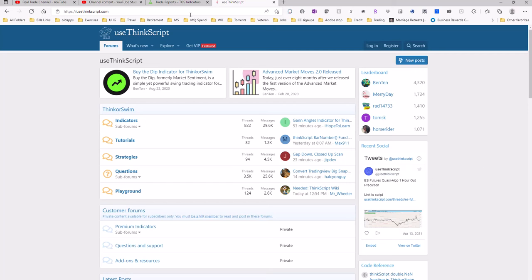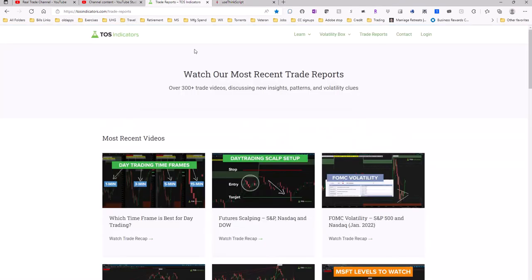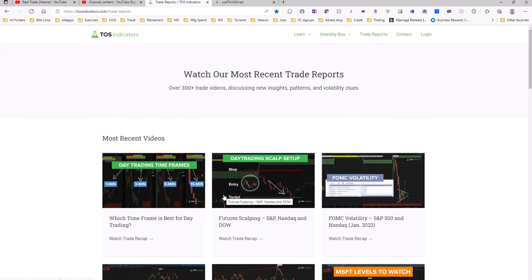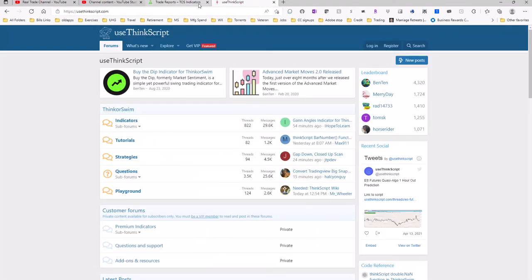The first one is ThinkScript. This is probably one of the best ones that I know of. There are so many knowledgeable people here sharing info, so many really smart individuals that know how to program putting stuff in here. You can ask questions. So I highly recommend you check out usethinkscript.com if you haven't already. Another one is TOS indicators, trade reports. This is another good one that has some good information. There's literally a lot more, but these are two of the main ones I think will really help you